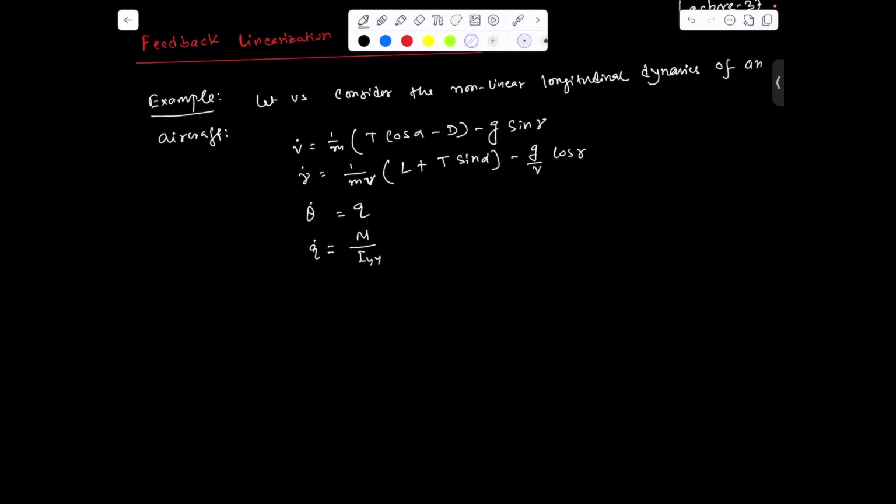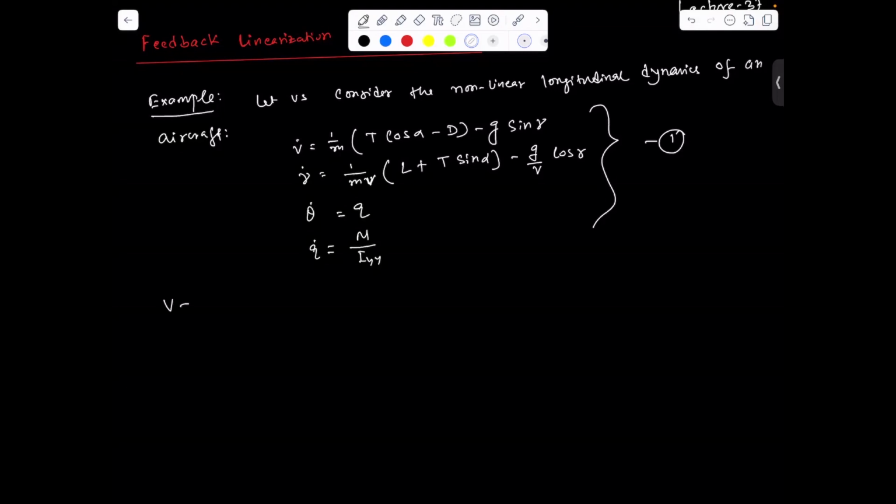And maybe in the different literature, we have different models of the equations, but we are taking this equation, and this is highly nonlinear, and how we can design the nonlinear controls for the system using feedback linearization. So here are the parameters. Let me define the parameters in these equations.